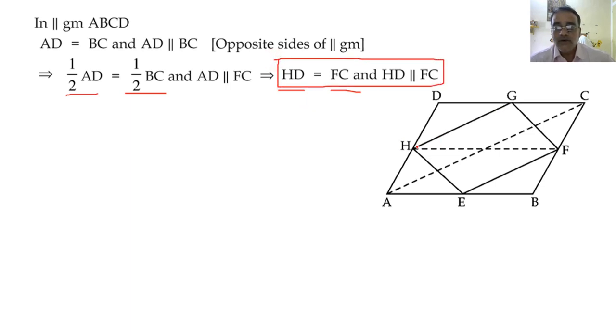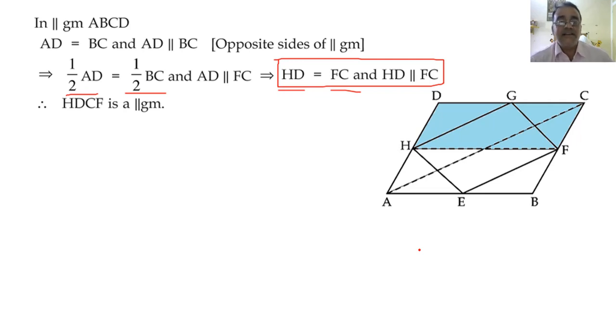Now one pair of opposite sides is equal and parallel. So we can conclude that this is a parallelogram. See, this is blue colored. Any doubt in this section? No. Okay, fine. Now we have studied one property that if a triangle and parallelogram are on the same base